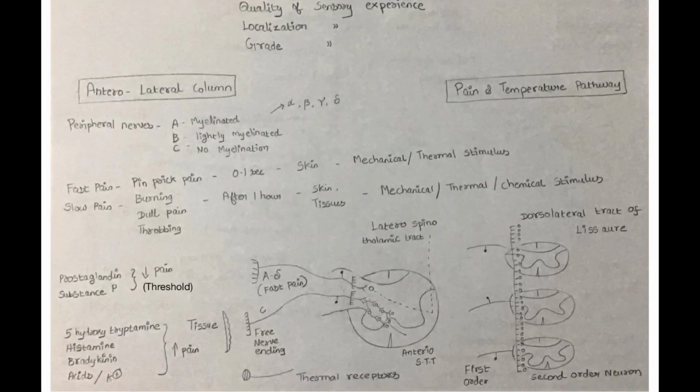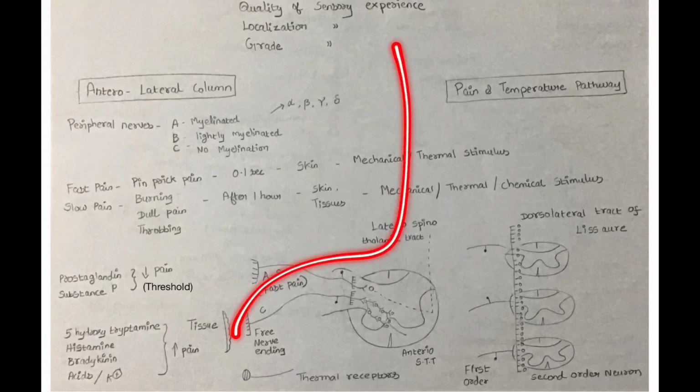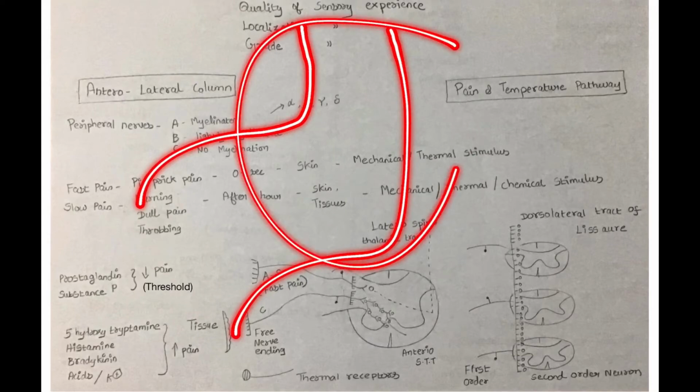In the dorsal column, we have seen that the sensory nerve fibers are arranged in a topographical manner. That is, the sensory nerve fibers from the lower part of the body go medially, and from the upper part of the body they go laterally. So we have seen the topographical arrangement of the sensory nerve fibers in the dorsal column system. Here in this